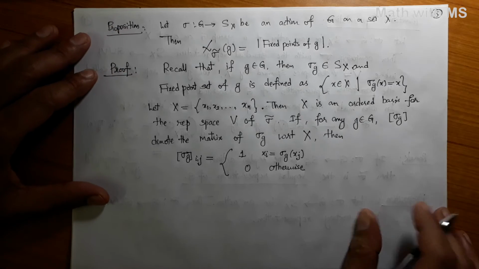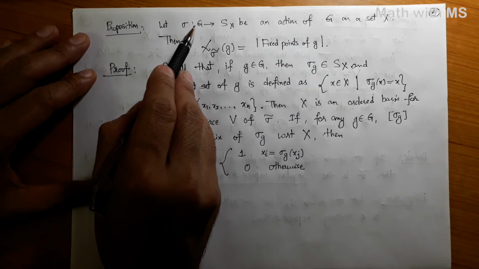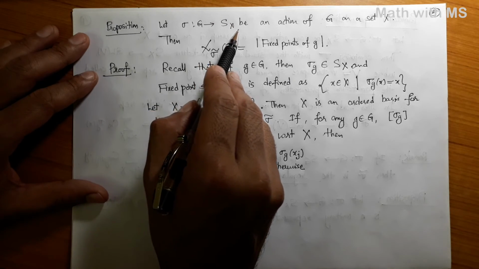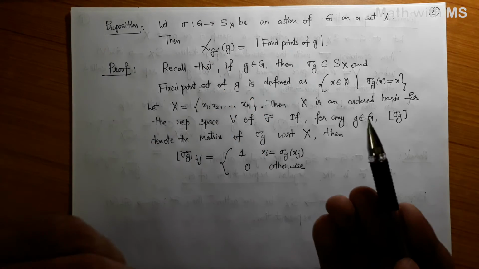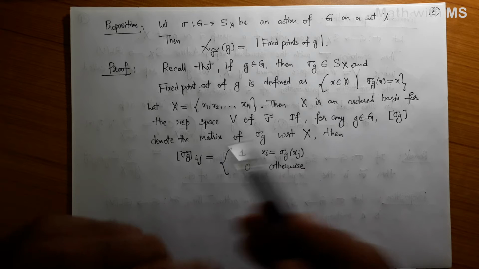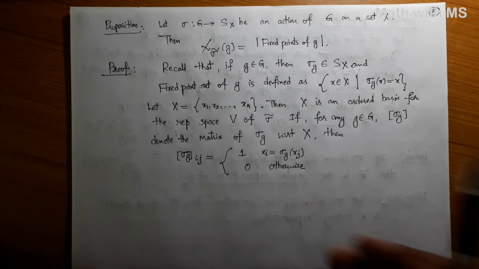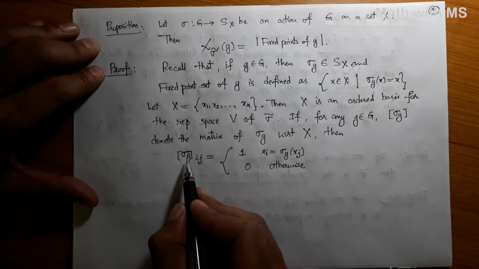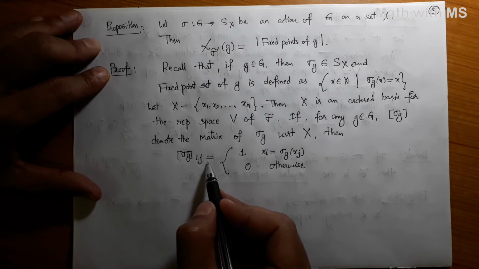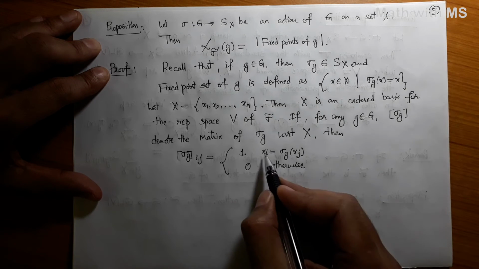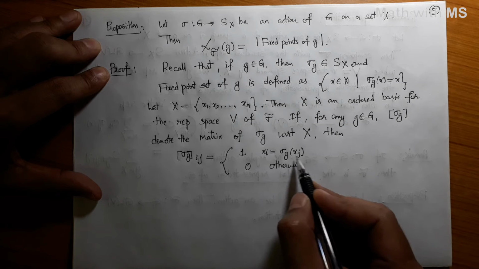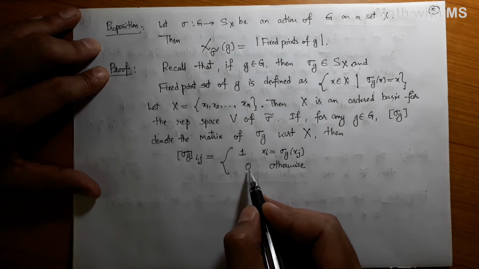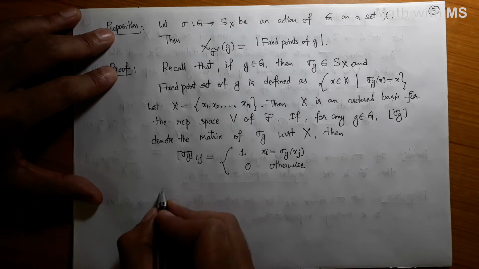Notice that here the representation sigma tilde is coming from this action, and the action is a permutation of the basis elements. So here each basis element will go to just another basis element. It will not go to a non-trivial linear combination. And therefore the ijth entry of this will be non-trivial only if the ith basis element is the image of the jth basis element under g, and there will not be any coefficient anywhere else. So that's it.